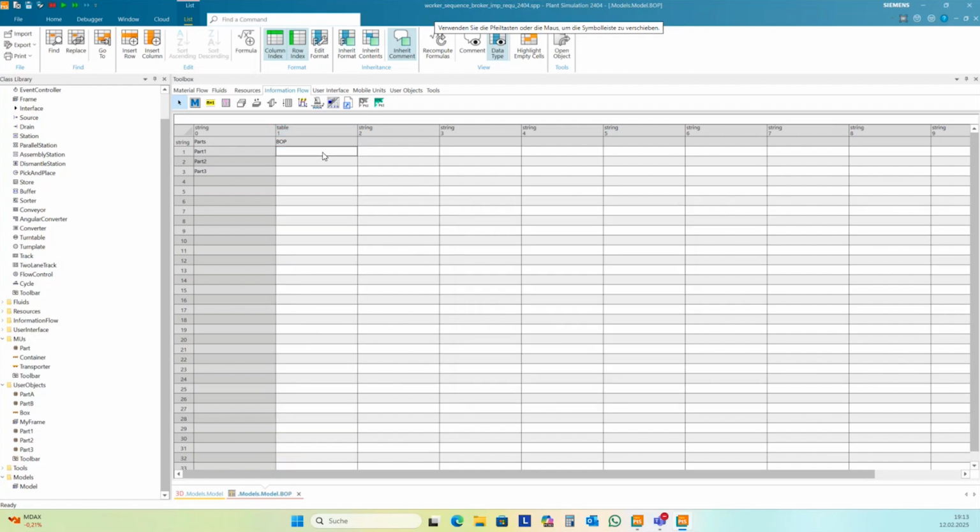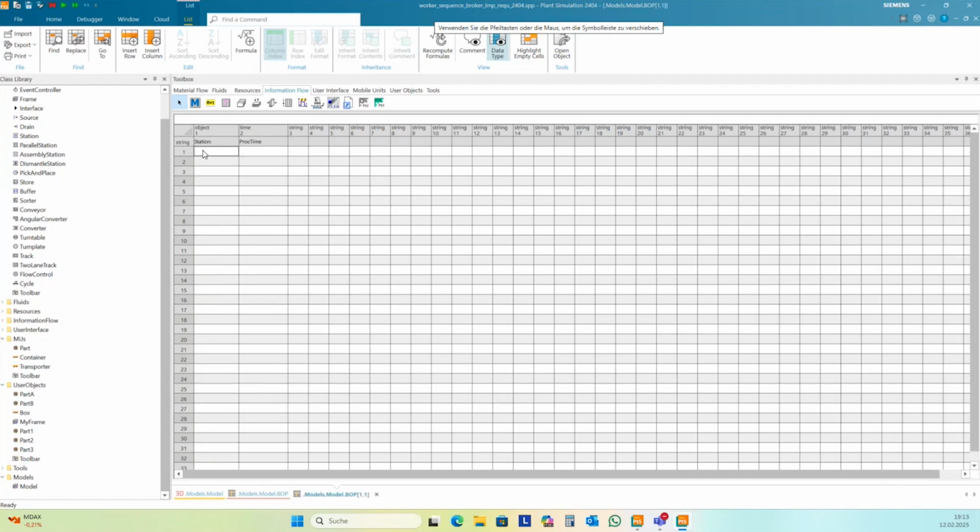Okay, and now I can create the first bill of process here. For the first part, maybe it should be station 1, and then it goes to station 3. Proc time 2 minutes and 3 minutes, and finally it should go to buffer.